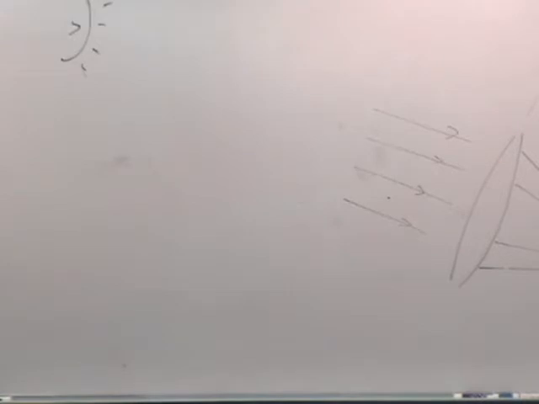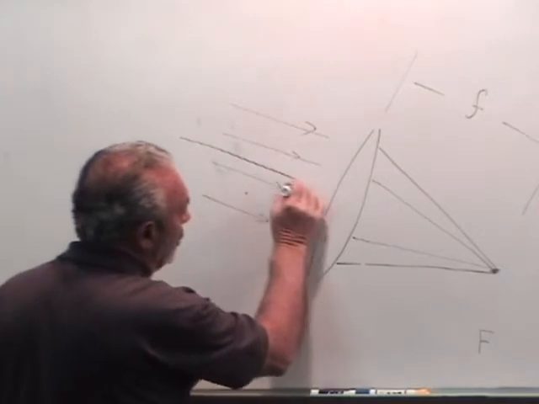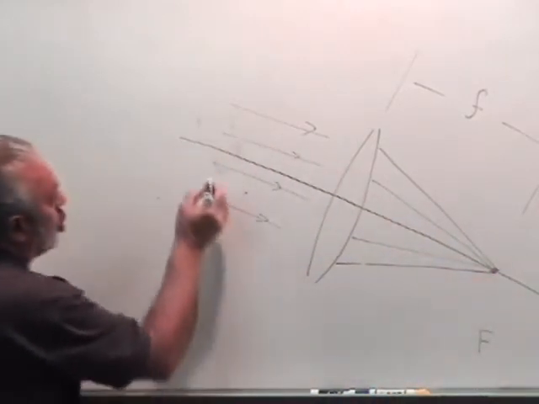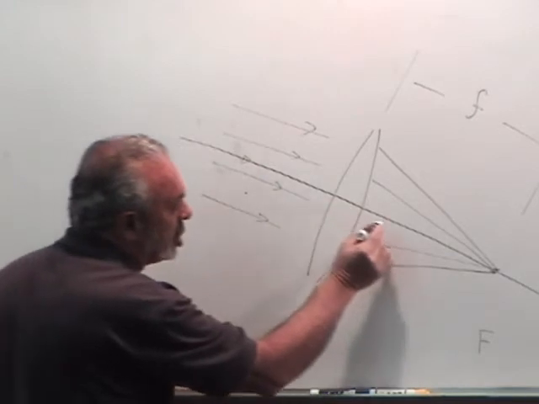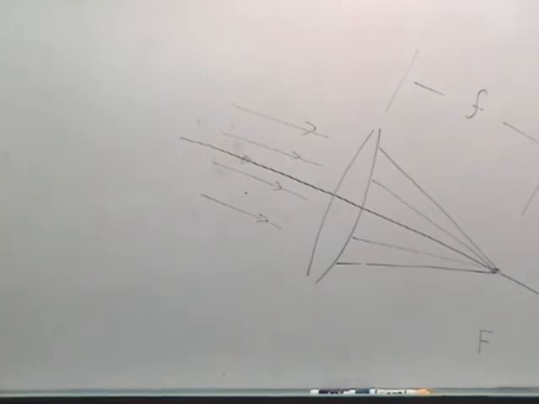Oh, and by the way, just as physicists just hate to use a lot of syllables, from now on, instead of saying light rays parallel to the axis of the lens, the term that we use is paraxial light ray. That means light rays parallel to the axis of the lens. So henceforth, I will use the term paraxial light ray. By the way, let's pretend like this is the axis of the lens. There is one light ray coming right down the axis of the lens, and it continues straight to the point of focus.